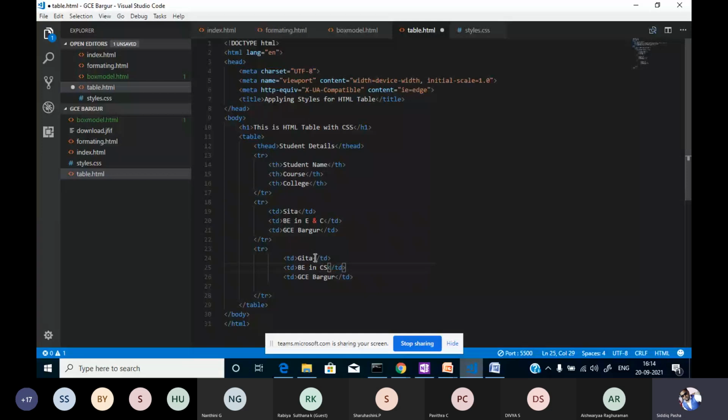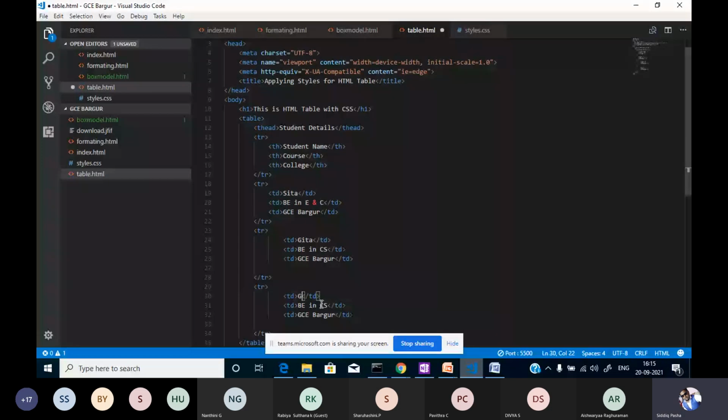Okay, maybe yes, fine. Similarly, we can have one more row over here. Adding something. Okay, so this is the college name, GC Ramnagar.